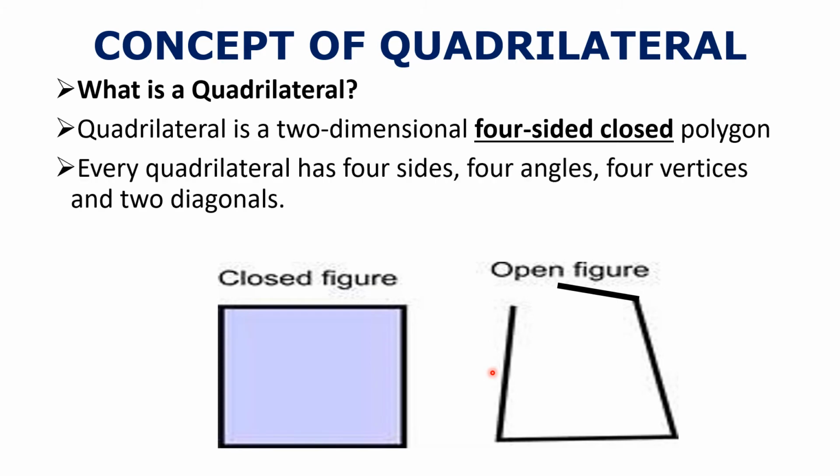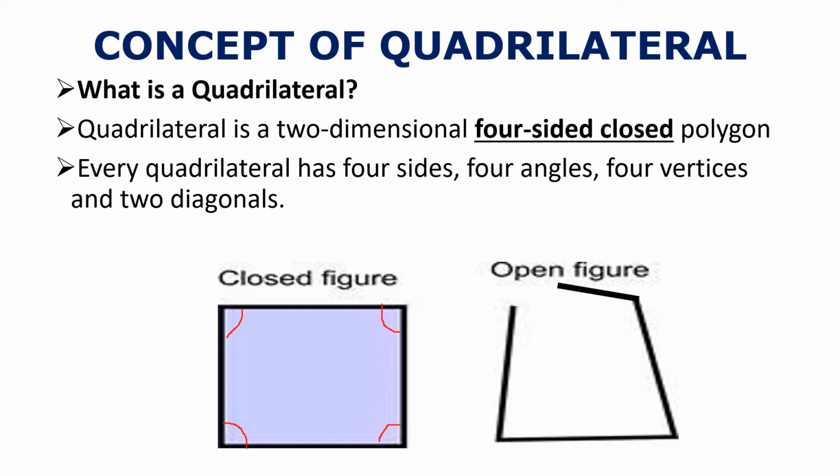Let's see the next. Every quadrilateral, as we are all aware, has four sides, four angles, four vertices, and two diagonals. Four sides: that's why the word is quadrilateral. Quadri means four, and lateral means sides. Four angles: can you see the spotlight? One angle, two angles, this is the third angle, this is the fourth angle. Or I can draw it with the pen so you can see it better. This is one angle, this is the other angle, this is the third angle, and this is the fourth angle. Can you see? So it has four angles.